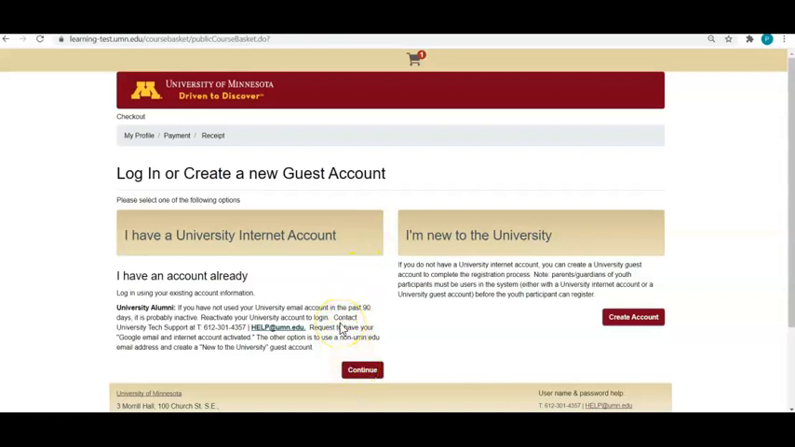This would bring you to the university sign-in screen where you would enter your email address in the Internet ID field and your password. The screens you see after sign-in are similar to the screens that are shown after a guest account is created, so we recommend that you watch this entire video even if you already have a guest